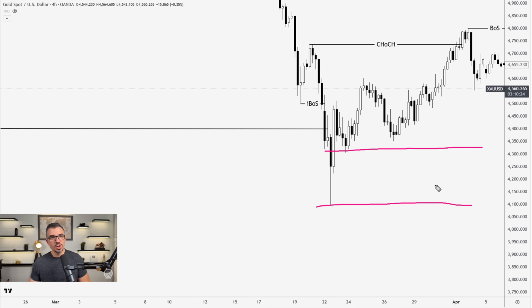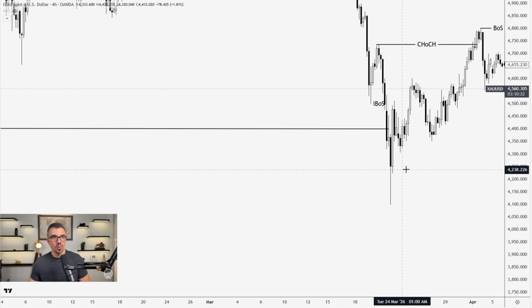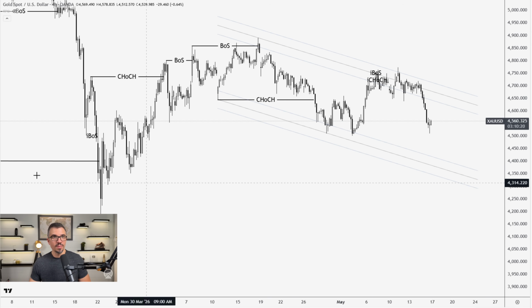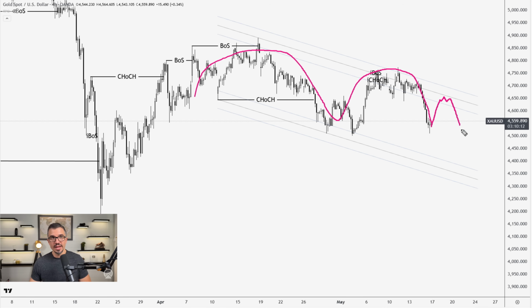Okay. So when you look at this right here, combined with this descending channel and this momentum that we're now seeing from gold, I do think that any relief here, if we get a low time frame shift, is a potential short to target lows like this and possibly the area around 4,300 down here toward the bottom of this channel. Okay, just my opinion as always, but I do think that that could be in the cards here for gold